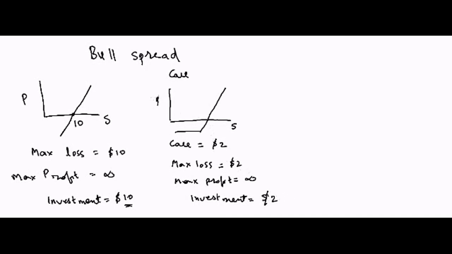So now the problem here is that the stock will never go to like 100 or 200. It usually will go around 11, 12 or 13. It's not going to go to 20 or so, unless it's a very volatile stock. If it's a regular stock, then the price does not shoot up that much in a normal scenario. So you don't want to buy this option that gives you a profit even if it goes to $100. So why don't you sell the upper part of your profit, which you think is not very practical, right?